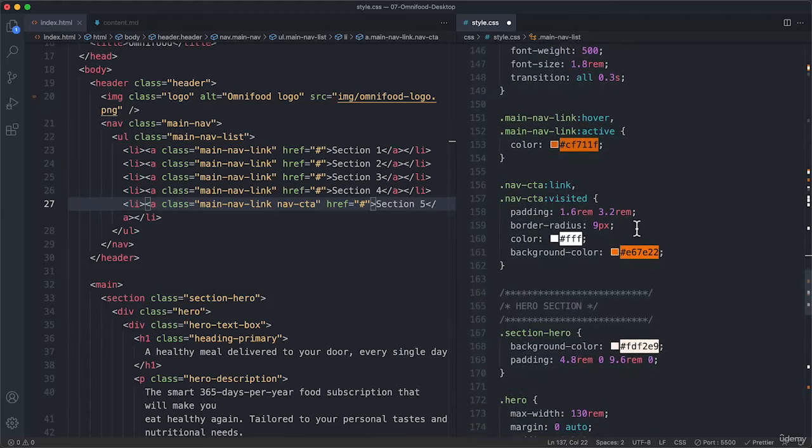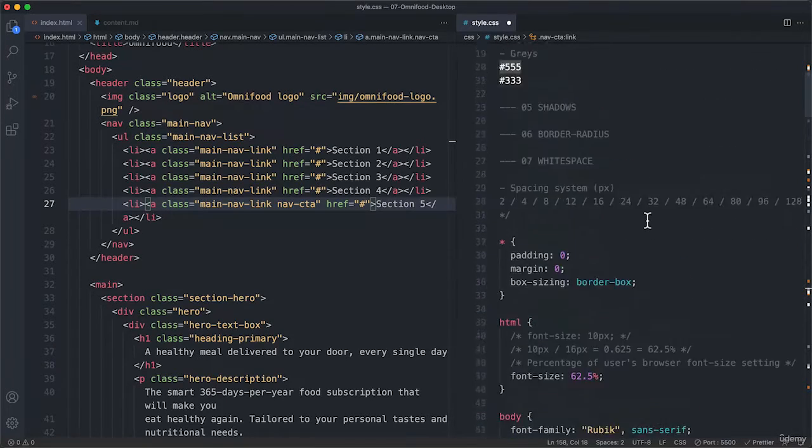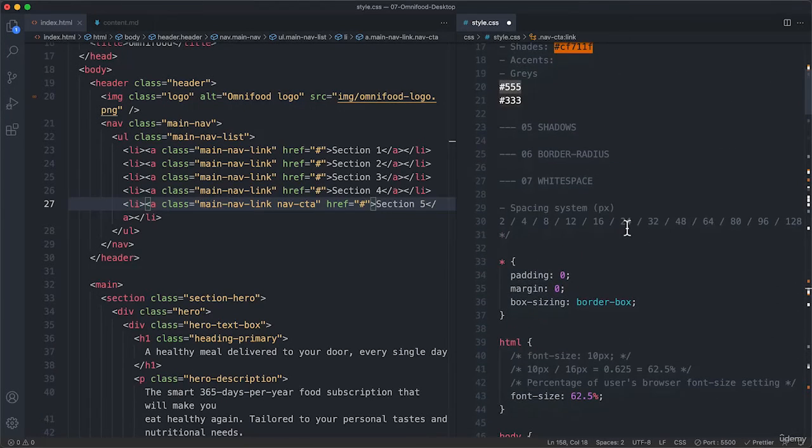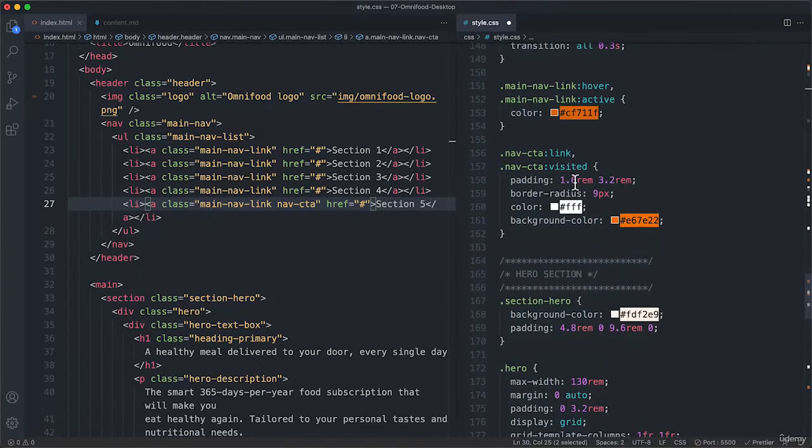And then let's dramatically reduce the padding here. Usually you have this system here somewhere where you don't have to scroll up and down all the time. But anyway, I'm going to use 24 and then half, so 12. So 1.2 and